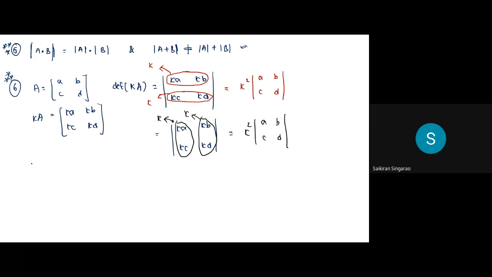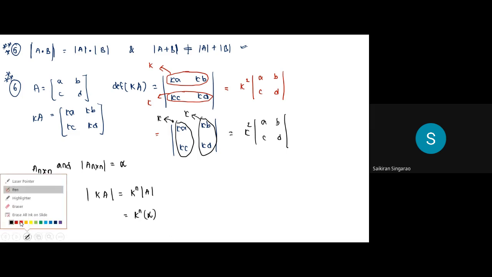See how you can actually write the property. If A is an n cross n matrix, and say the determinant of an n cross n matrix A is alpha. Just imagine the determinant of an n cross n matrix is alpha. Then determinant of kA will be equal to k power n times determinant of A, which is k power n alpha.